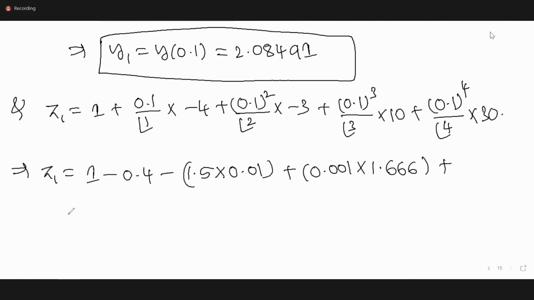Plus 0.1 whole power 4, 0.0001, 30 by 24, 15 by 12, or 5 by 4, which is 1.25. So z1 is equal to z of 0.1 is equal to